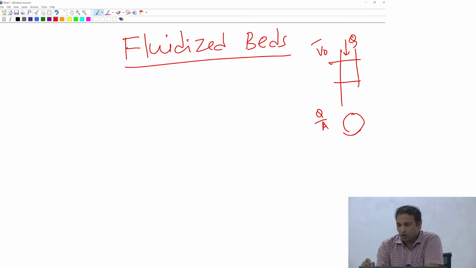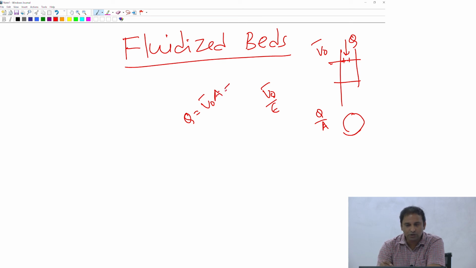Now the entire cross section area is not available for flow, only part of the area is available. Therefore V naught by epsilon is how we define it. Because there's less area available, it comes from the continuity equation. So your Q is equal to some velocity times A,